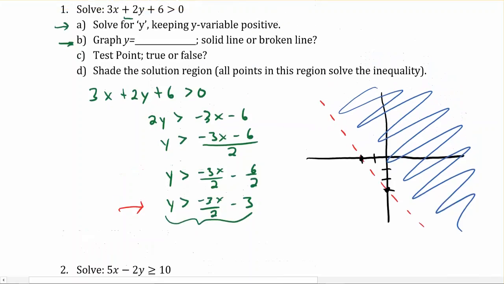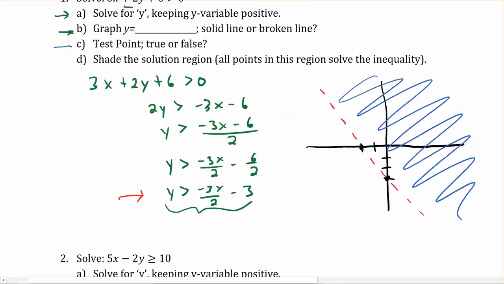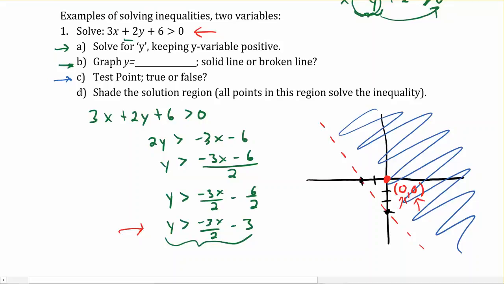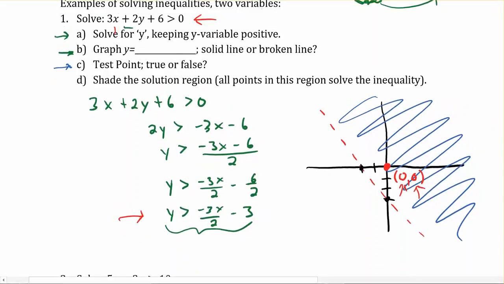All right, so the next thing you need to do, for part C, is check to see if we're right. The way we do that is by just grabbing a test point. So if we grab the test point, let's say right here at the origin, (0, 0), we know that x is 0 and y is 0. So go back to the original equation and plug in 0 here and 0 here. So if we do that, we'd have